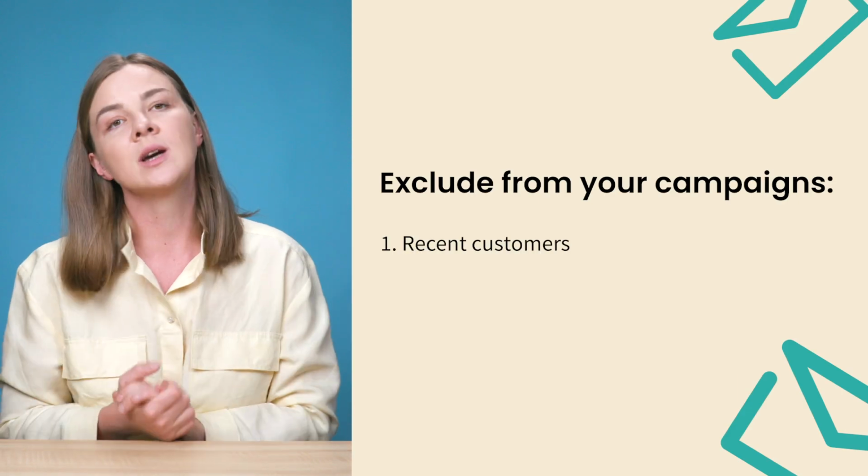And the very first segment that you should build that's intended for exclusion is recent customers. So if a person placed an order in the last 7, 14, 21 days, it really depends on your sales cycle and the frequency of repurchasing. Maybe for you, that would even be 90 days. If they purchased recently, whatever recently means for you, they should probably be excluded from other campaigns, because the purpose of most campaigns you're sending is to sell. If they just purchased, there's no reason to keep selling to them.